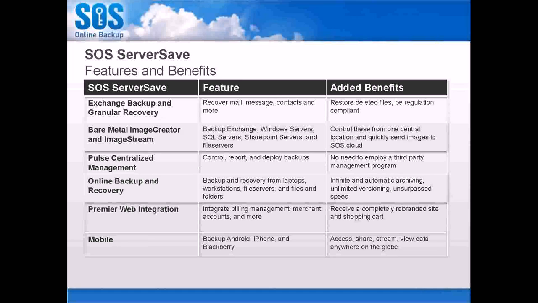So the bare metal image creator and image stream, these top 2, are what's new technology. So those of you who are existing, you may have had some of the other things already, but these are new in this program. So using the image creator, you're able to back up a full system image to some staging machine. So the staging machine is really nice from us because we don't require that you buy it from us.